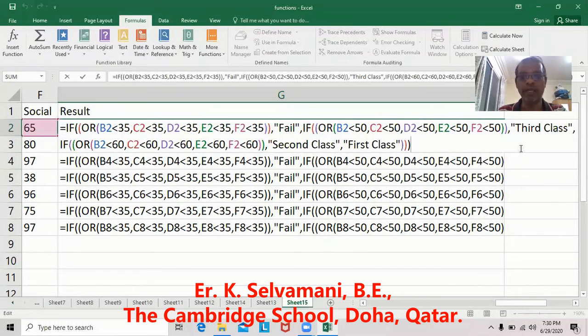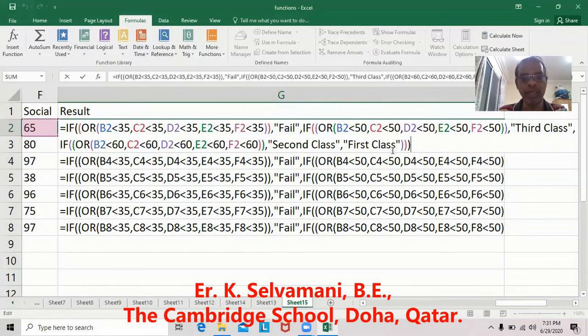Instead of the double quotes space, remove it and put one more IF there, open bracket, OR, open, we can proceed up to this one. At last after comma put open double quote space double quotes, three brackets you need since we are having three IFs at last. Then you will get Fail, Third Class as well as Second Class, and then blank if it is there.